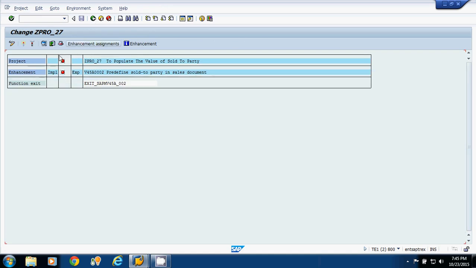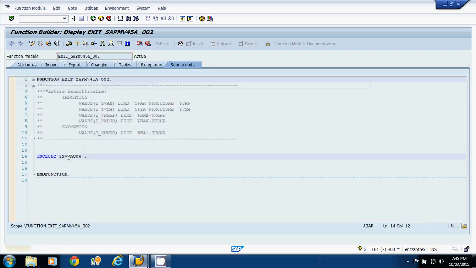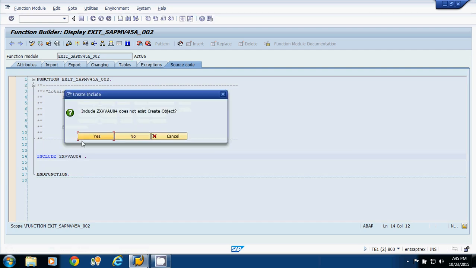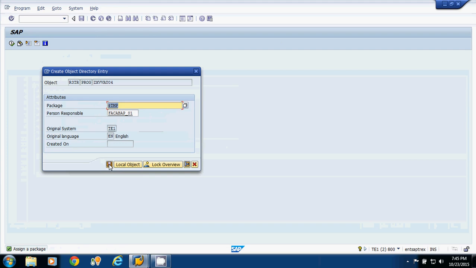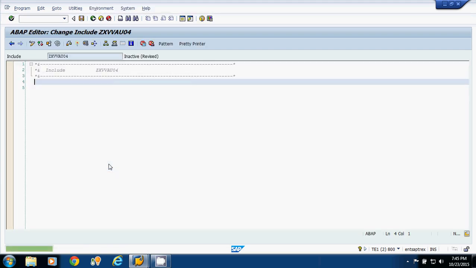Now what I will do, I will go for activation of this. Now I will double click on this include. I am pressing enter. Yes, I want to create this include. I will click on this save button.